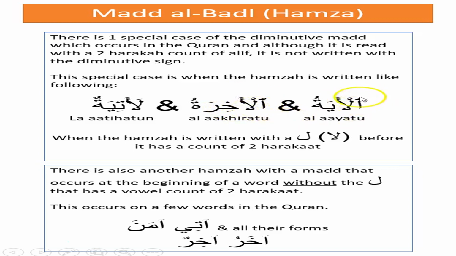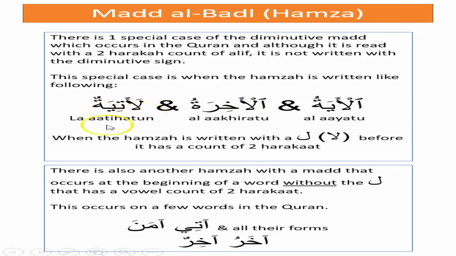Okay, so here we can say that whenever the hamza occurs with the form of alif lam, then this hamza will actually be read with a 2 count Mudd. So in this word it will be al-ayah. So it has a different form of this, which is al-ayat as well, al-ayat and al-ayah, or al-ayatu in this case, and al-akhiratu, and la-atiyatun,